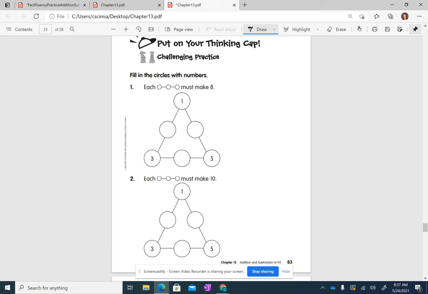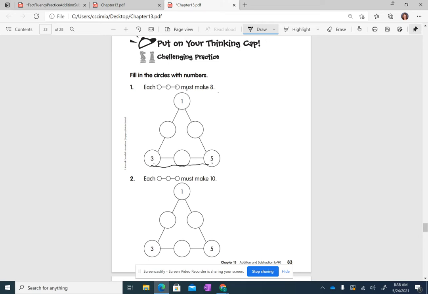So it says each 3 groups of circle must make 8. So we have to have 8 going across the bottom, 8 going across here and 8 going across there. Kind of funny, isn't it? Okay, so 3 plus what? Let's start with this one. 3 plus 5